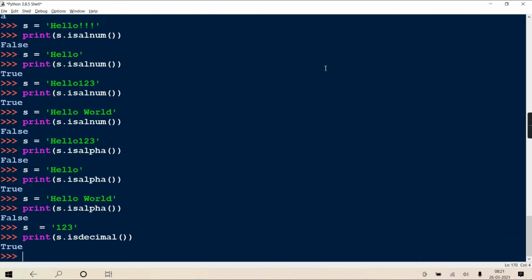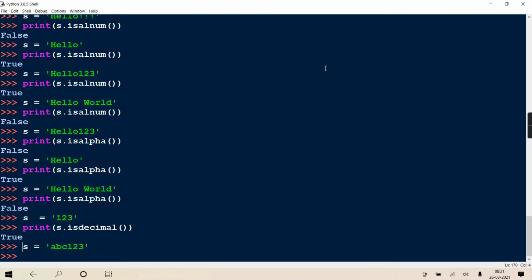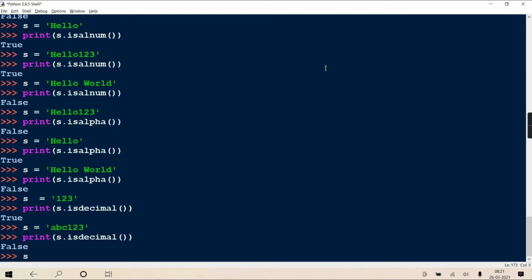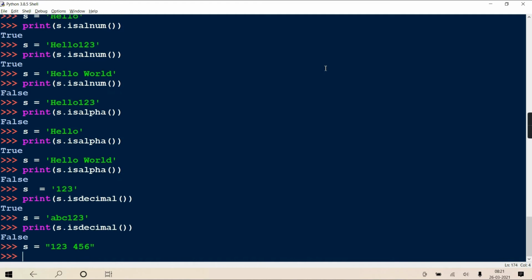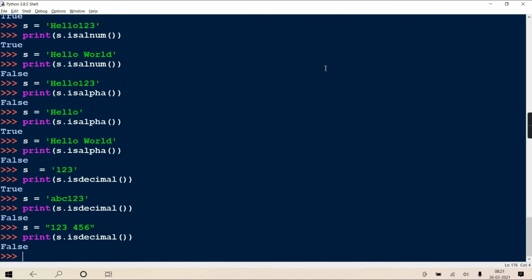But suppose your S contains ABC123 and I am checking S.isdecimal(), it will give false. And even if your string contains 123 space 456, then also false, because it contains space. And isdecimal only checks whether the string contains digits.